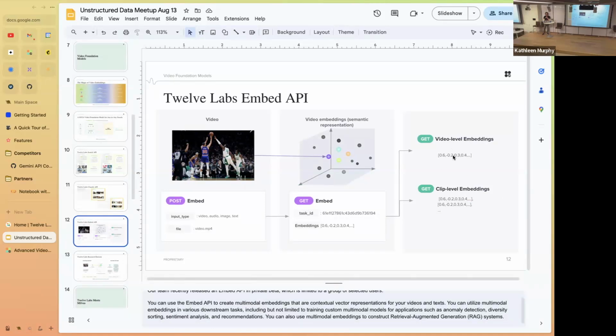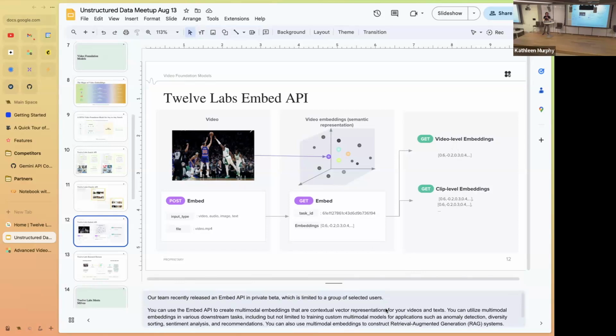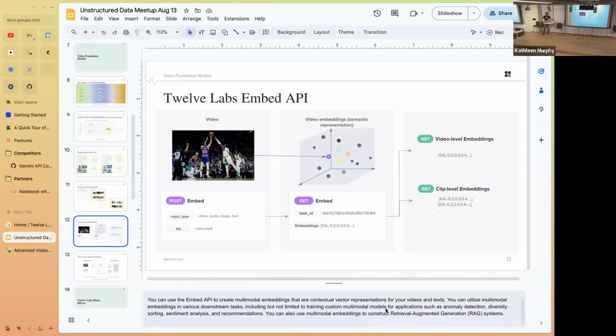Video level means generating a single embedding for the entire video, and clip level embeddings mean that, let's say it's a 20 seconds video, you can break it down into 4 chunks of 5 seconds, and then get embeddings for each of those chunks. This is pretty cool because you can enable a variety of downstream tasks ranging from sentiment analysis, clustering, anomaly detection,